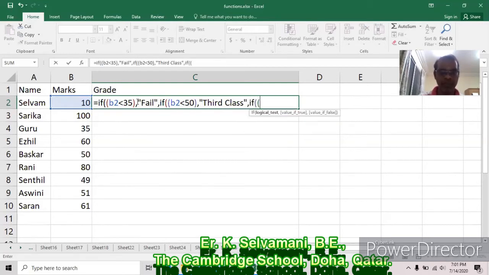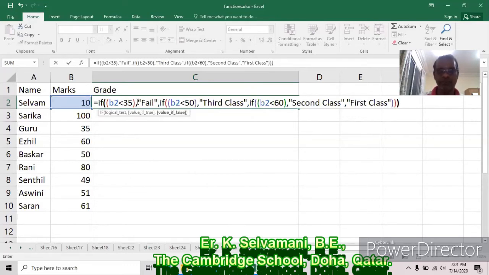Again, IF B2 is less than 60, it should be second class, comma. Otherwise, it should be first class. So three close brackets at last, since we are using three IF functions.